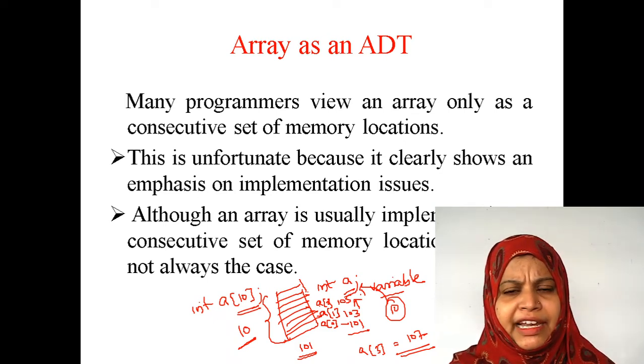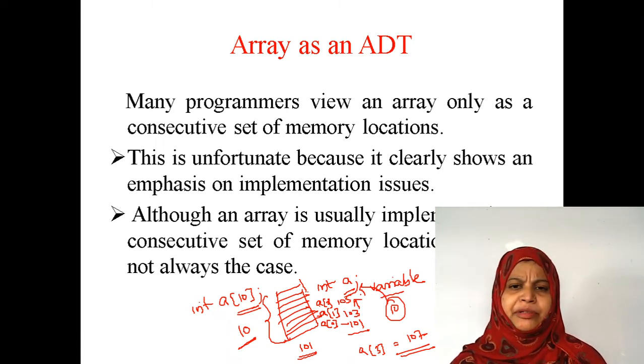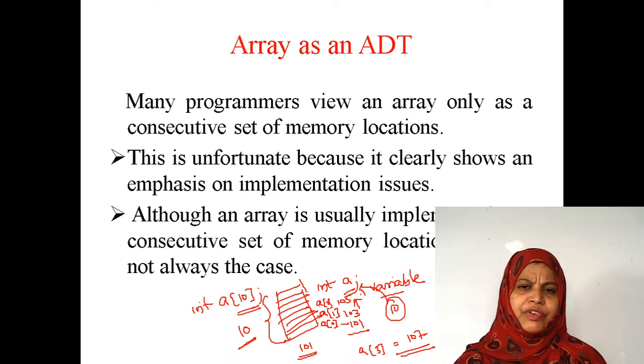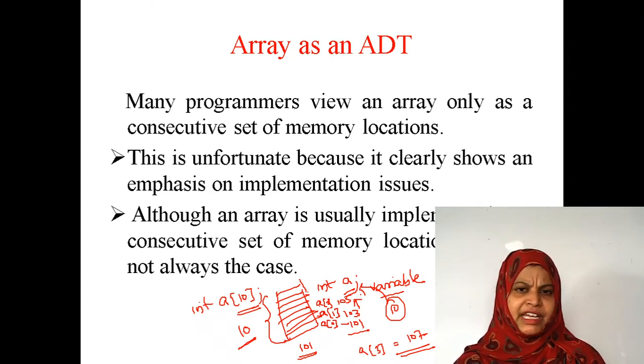So, for example, array size is 4 means here a of 0, a of 1, a of 2, a of 3. In that particular memory location, we are going to store the values in that particular array. Whenever we are assigning the values 1, 2, 3, 4 for an array a of 4 size, first value is going to store at a of 0, 2 at a of 1, 3 at a of 2, 4 at a of 3. Right? If I try to insert a fifth element into that particular array, if the array size is 4, then it is not possible to insert the element. Why? Because array size is 4 only.